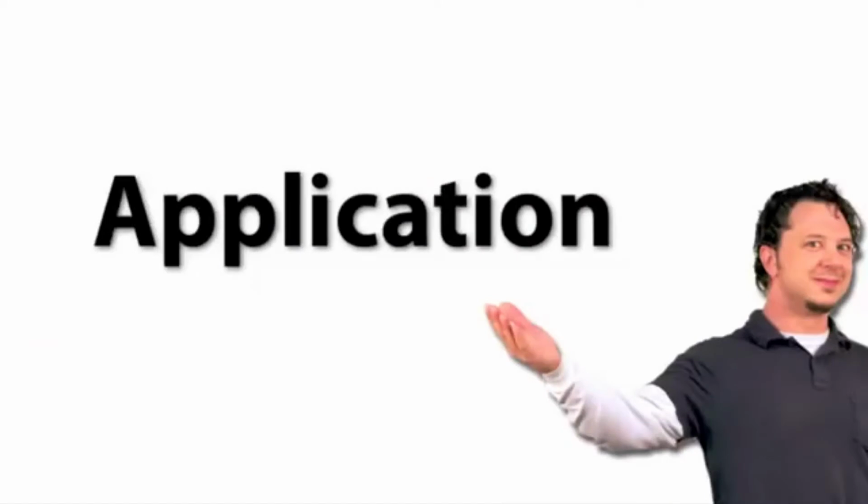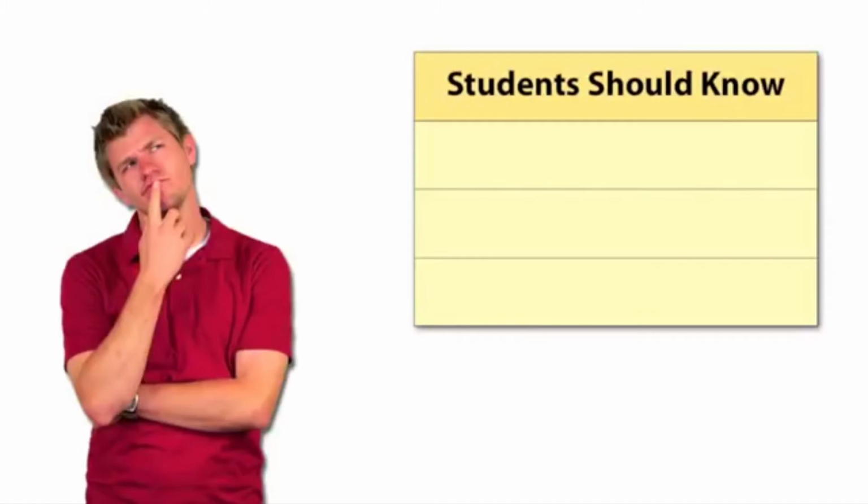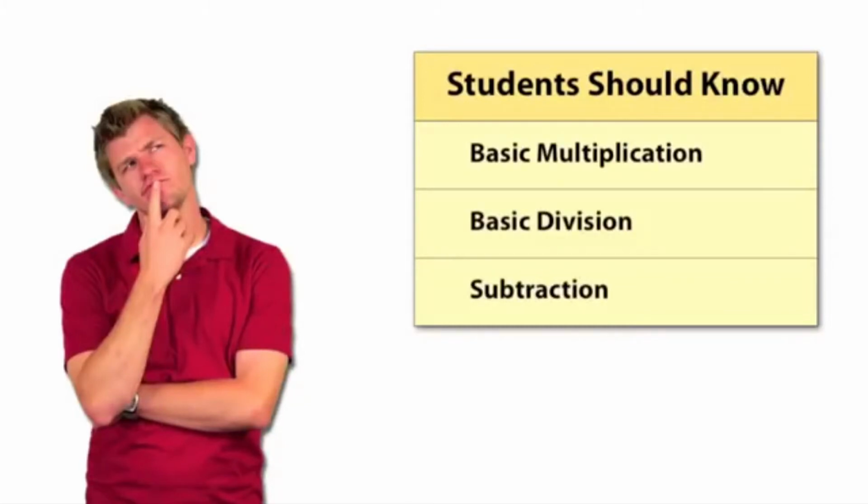Now let's see if we can apply the principles of cognitivism to help solve Teacher Tony's problem. First, Teacher Tony needs to decide what skills students need in order to understand long division. After thinking, Teacher Tony found that in order to understand long division, students should know basic multiplication, basic division, and how to subtract numbers. Sequencing instruction by teaching prerequisite skills such as multiplication, simple division, and subtraction first will help students build upon prior knowledge to better learn how to do long division.